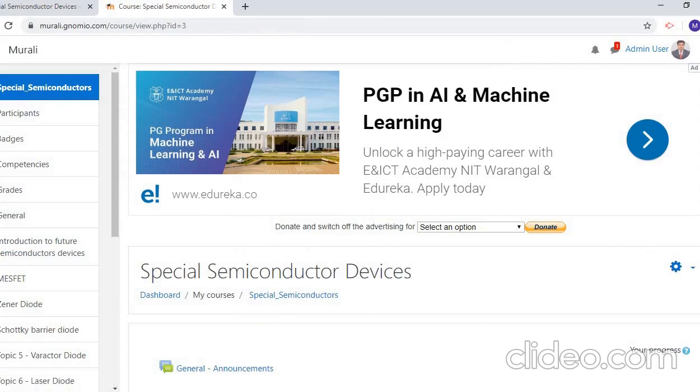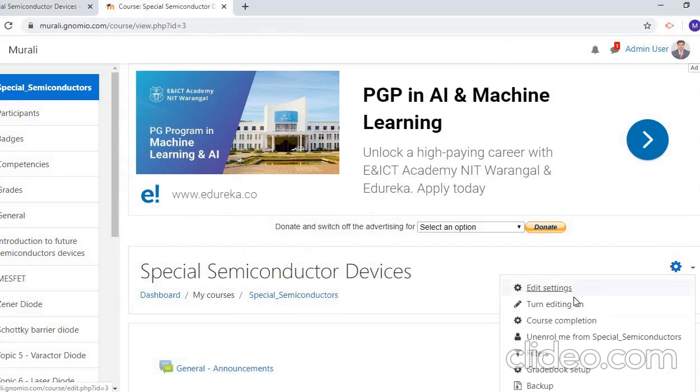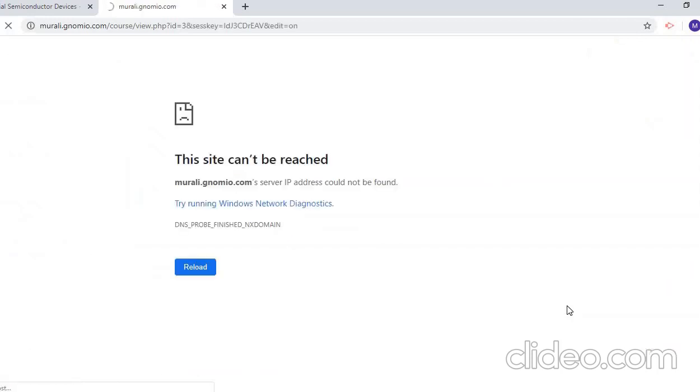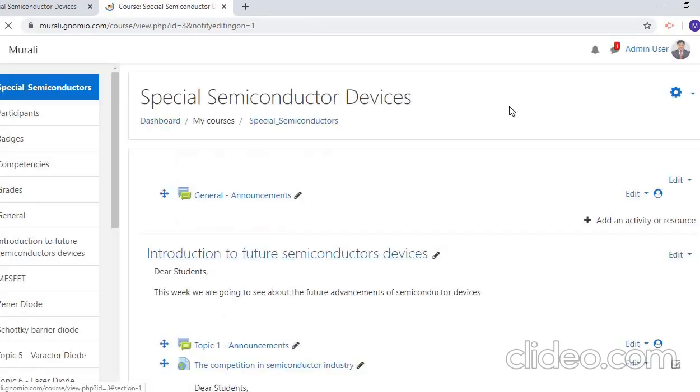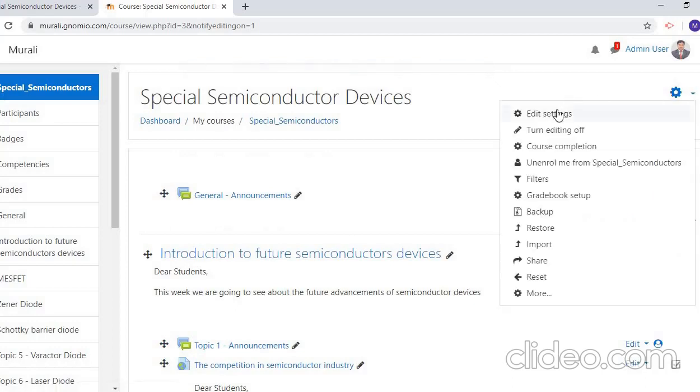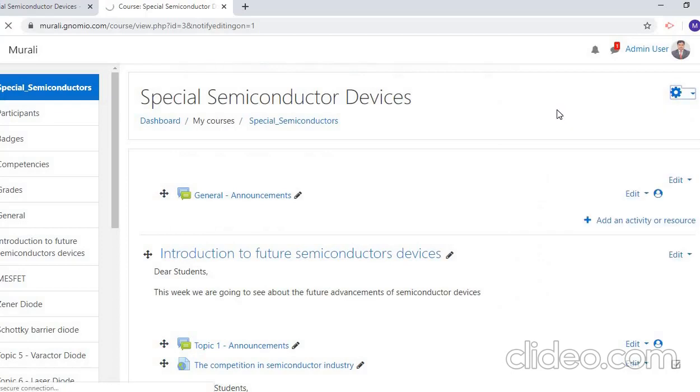On the right side there is a column. First, turn editing on. After turning on that editing option, you can have all these things like this. In that, again click on this button, you have edit settings. So move on to the edit settings option.